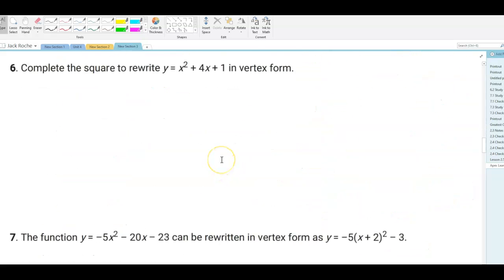Alright, so for this one, complete the square to rewrite this in vertex form. Now this is a little different, right? So right now what I'm going to do is,